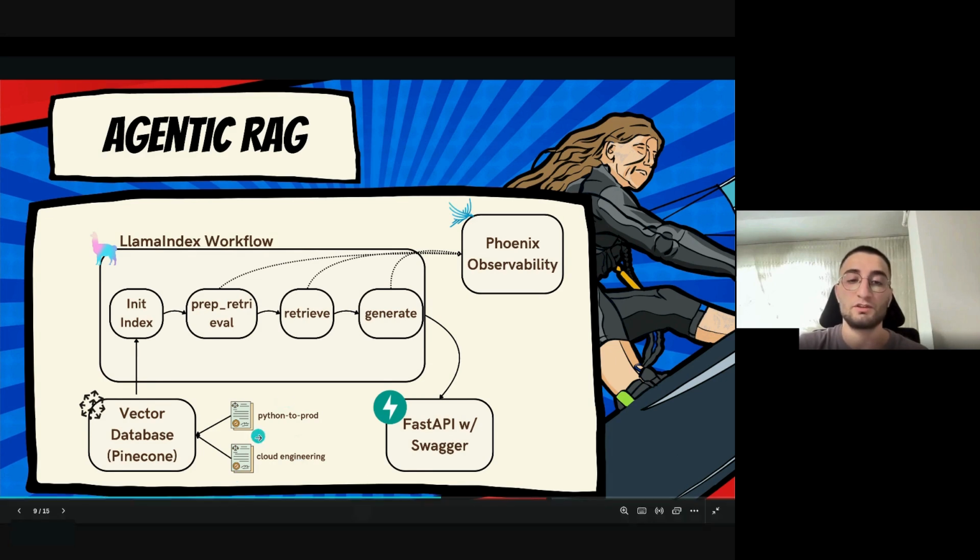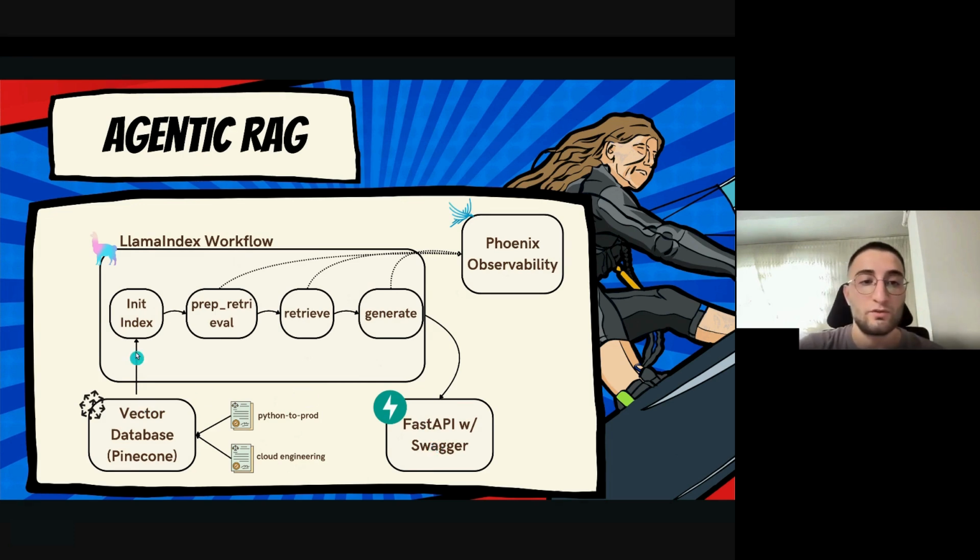We put the transcriptions of these two courses into the vector database, Pinecone. Then we also had the LlamaIndex workflow, and all of this goes to Phoenix observability, where you can trace your calls and everything in the Phoenix platform. After this, we have the FastAPI Swagger to use this workflow, which actually lives inside the FastAPI application.